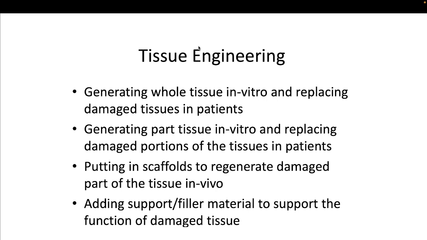So tissue engineering is used to generate whole tissue in vitro and then replace damaged tissues in patients, or it can generate part of the tissue in vitro and then replace these damaged portions in the patients, or you can put in scaffolds to regenerate damaged part of the tissue in vivo, like we discussed with the decellularized matrix, or it can mean adding support filler material like stents, or putting in a metal implant to support the function of